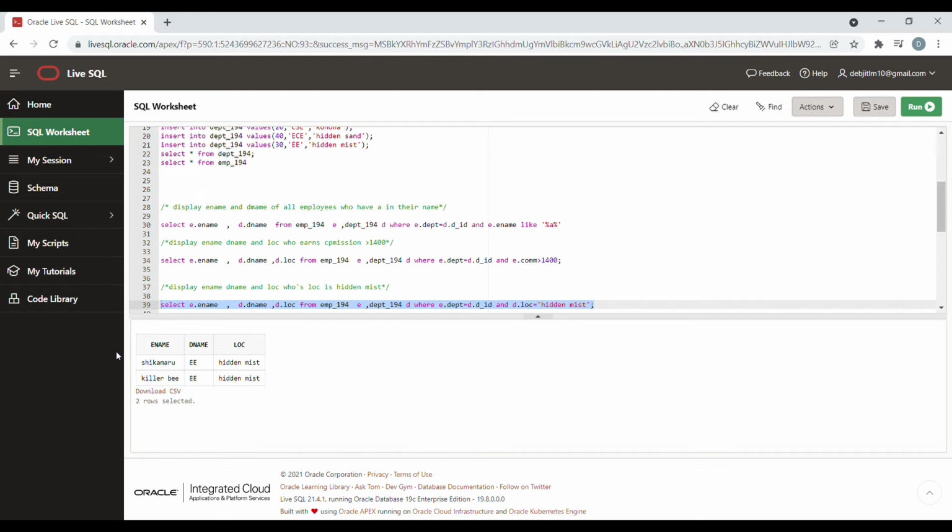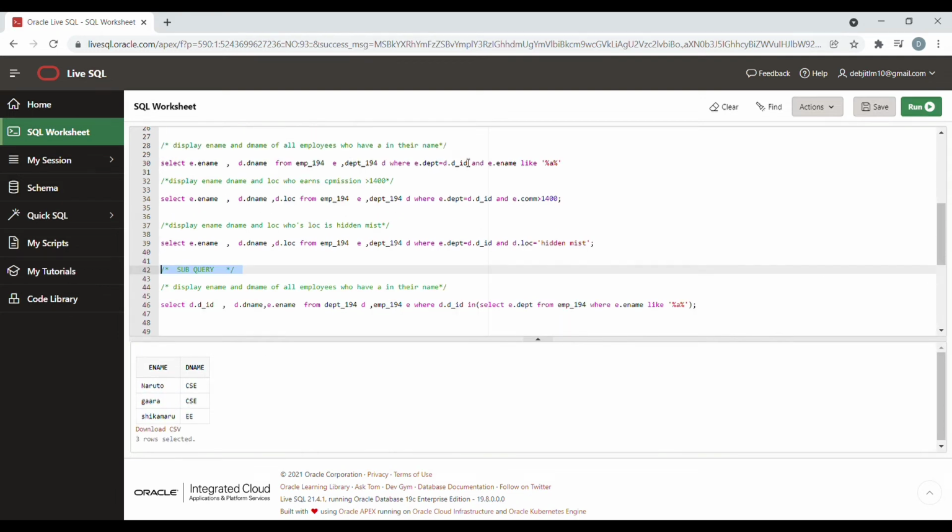Now let's see something else. Now we will learn something known as a subquery. If we don't want to use the joining of our tables, I can also perform similar queries and get a similar result using a subquery. What is a subquery? It is the nested selection part, that is, nested queries. If we write one query inside another query, then it is known as a subquery.